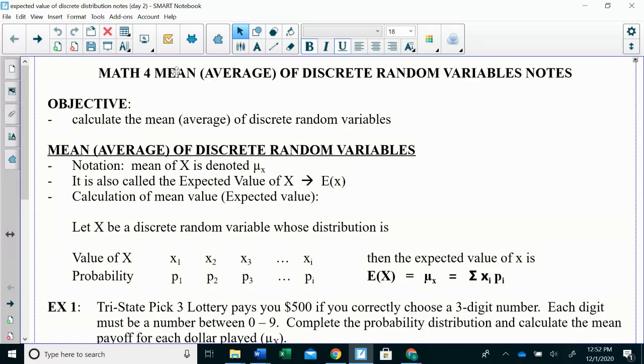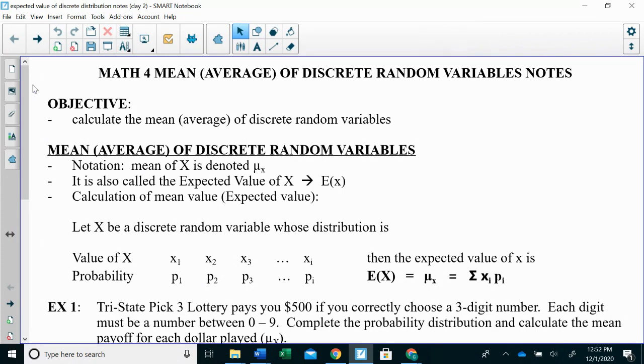This will help us work through the mean or the average of discrete random variables. So again, the objective is to calculate the mean or the average of discrete random variables. The process is going to look a lot harder than what it really is at first. Something that's critical about this information is to understand all the different notations and symbols that are used to represent the same concept. So the mean or the average of discrete random variables,